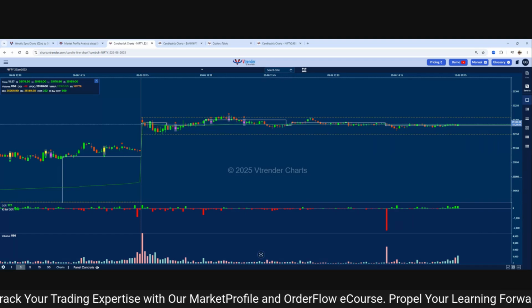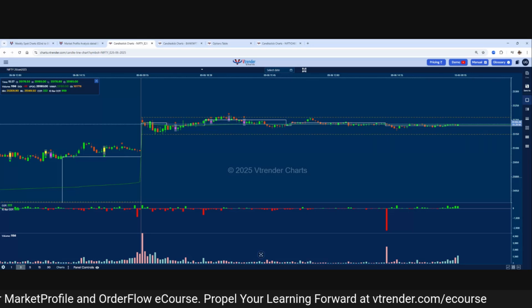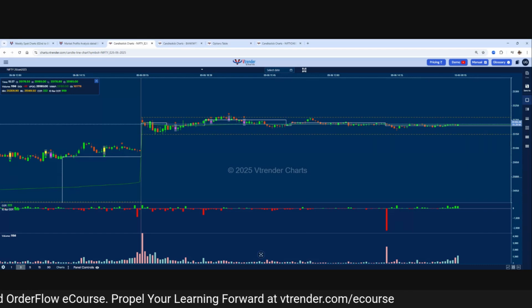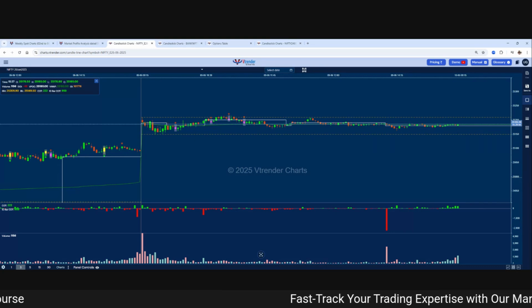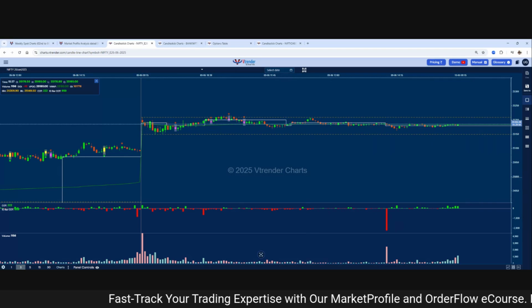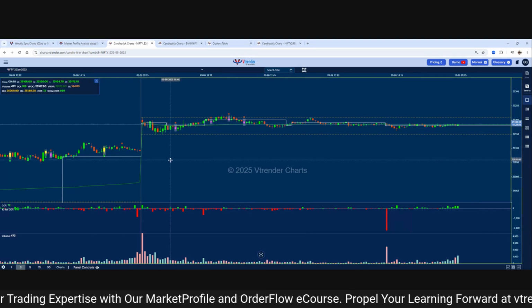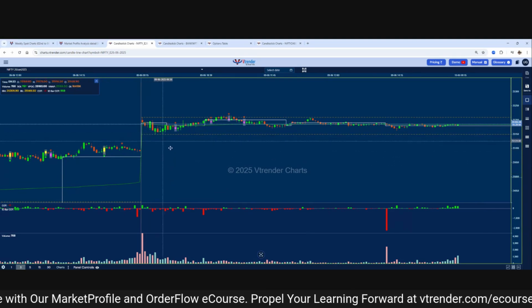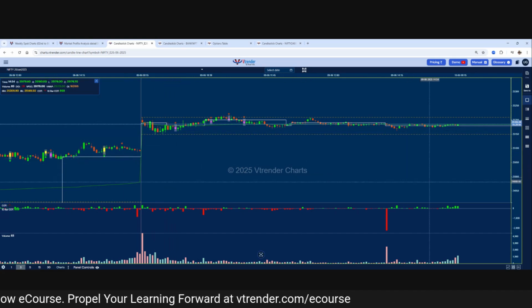In fact, we had more volumes even when the June series had not even started. On 27th, 28th, 29th of May, we had higher volumes than what we have got today. So it is only telling us that the big players were absent. It was only the locals who were in play, and they have formed value which is higher. So we will have to wait for the big players, and how will they turn up? They will show up IBs and ISs, and we will have to make note of that and take trades